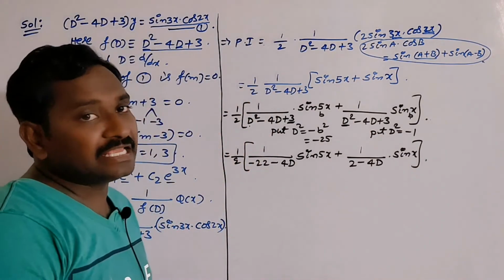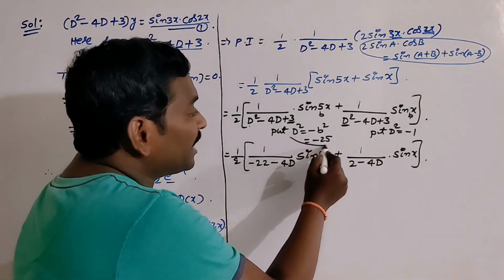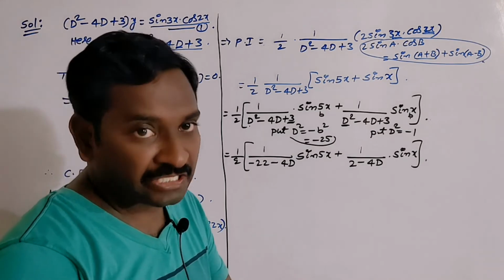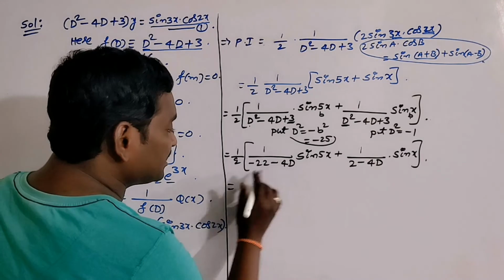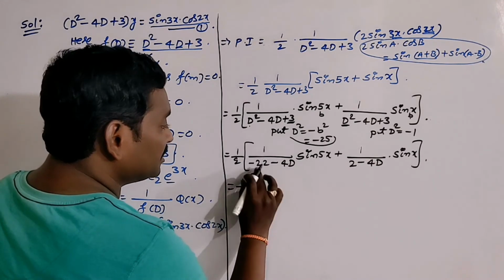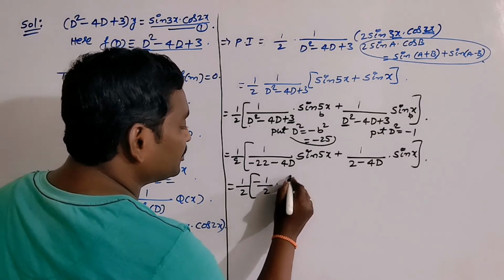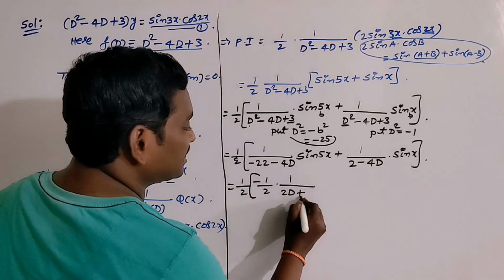Okay. Still d is not eliminated. After replacing d square is equal to minus b square value, still d is not eliminated. We have to take the rationalize of the denominator. Don't forget it. But before taking the rationalize here, see, in the denominator, minus is the common term, 2 is also common term. Minus 1 by 2 into, I will write this one as 2d now, and this is nothing but 11.